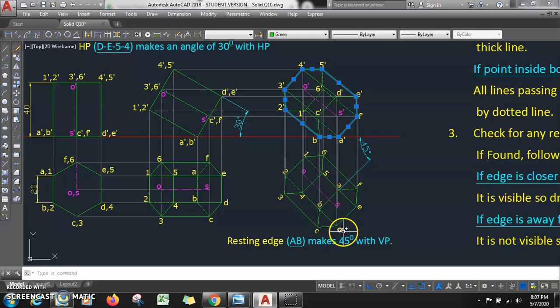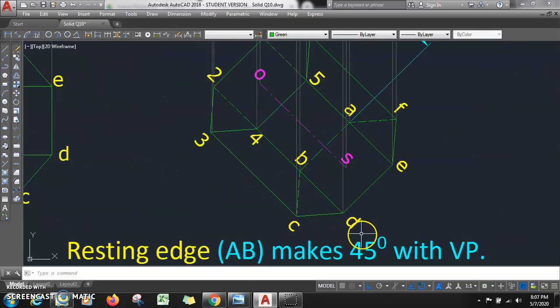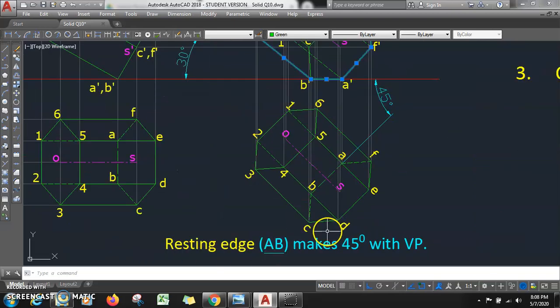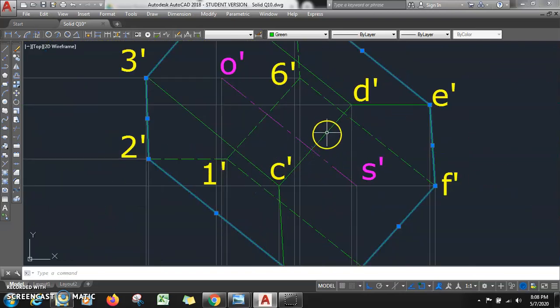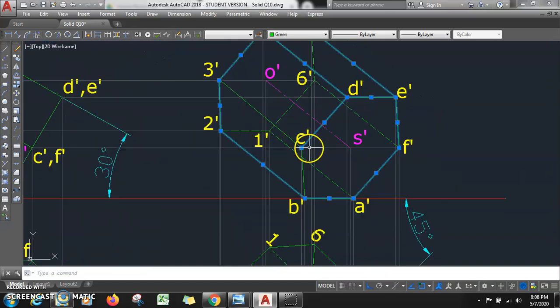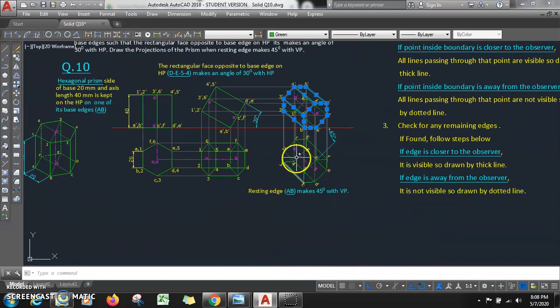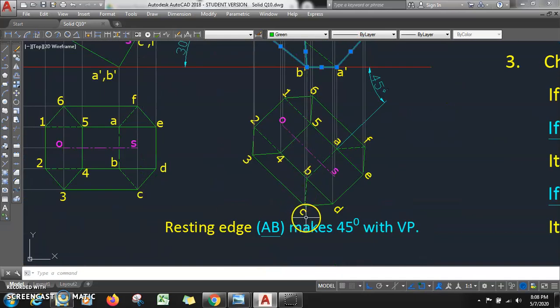तो जब observer कहाँ पे रहेगा, अभी observer is there at bottom, तो C D क्या है, you see C and D points are very close to observer, so all lines passing through C and D are dark। तो C D से कौन से लाइन जाते हैं, this is C D, यहाँ से D E जाएगा, देन यहाँ पे जाएगा D4, यहाँ पे जाएगा C3 and यहाँ पे जाएगा CB। तो all these lines are dark lines because C dash D dash these points are visible, so all lines passing through these points are visible।